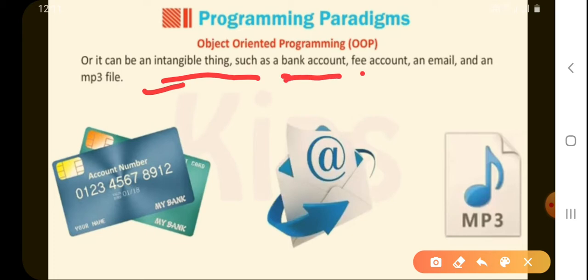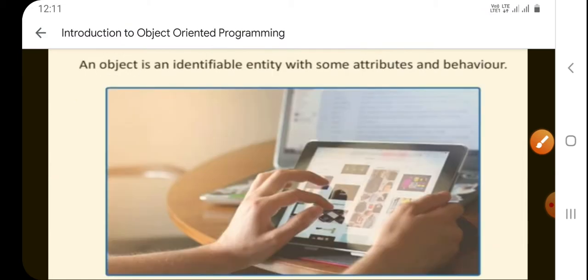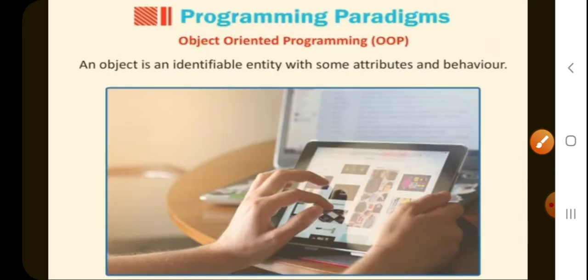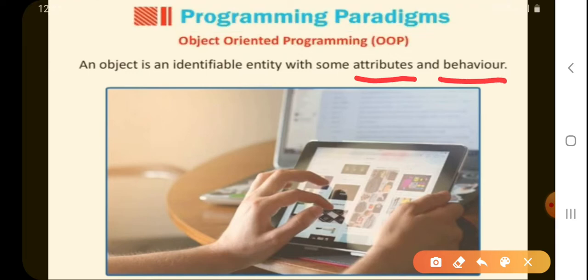A bank account, a fee account, an email, or an MP3 file can also be an object. Now, an object is an identifiable entity with some attributes and behavior. The two most important things that an object has are attributes and behavior.